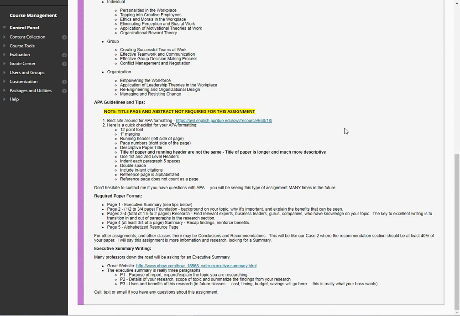And then just avoiding some of those APA errors that we've had in the past, making sure you definitely have those in-text citations and that they're properly cited. Typically in APA style, you're going to want to see the in-text citations as author, comma, date, which would be just the year. So if the author was John Smith, it would be Smith, comma, J, comma, 2016, because that was the year of your article. That is a proper APA citation.